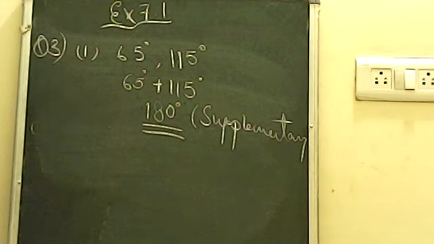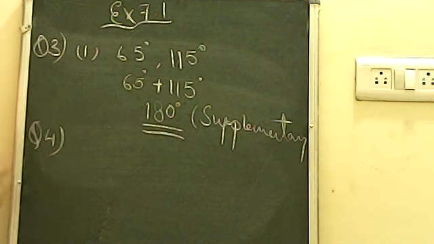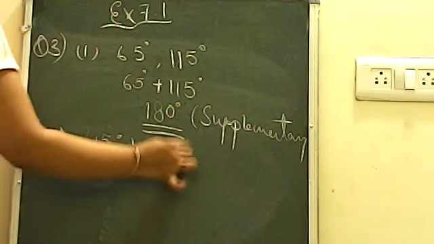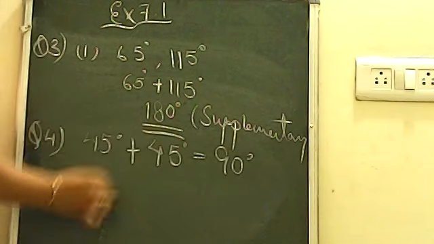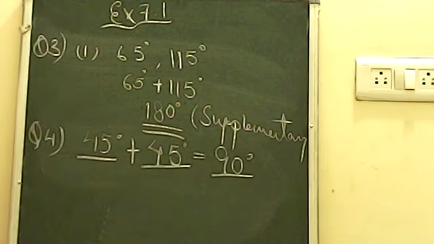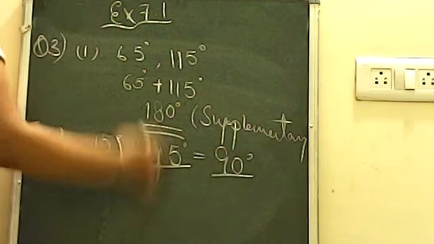Now question number 4. If you have seen my previous classes, you have understood that I have taken this question, I think, twice or thrice. It is telling to find the angle which is equal to its supplement, sorry, complement. ऐसा कौन सा एंगल है जो खुद के कॉम्प्लीमेंट के इक्वल है. So if you remember, we had discussed this as well. For example, 45. When you add 45 to 45 itself, you get 90 degree. That means the same angle added to the same angle will give you 90 degree here. It means the angle which is the complement of itself.